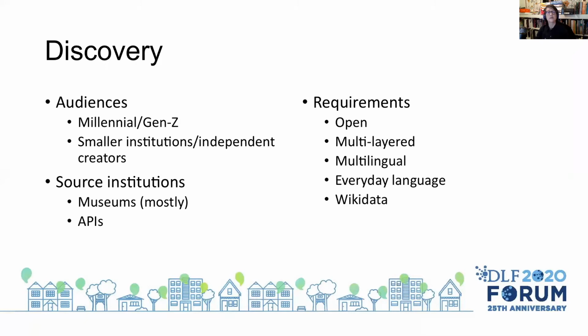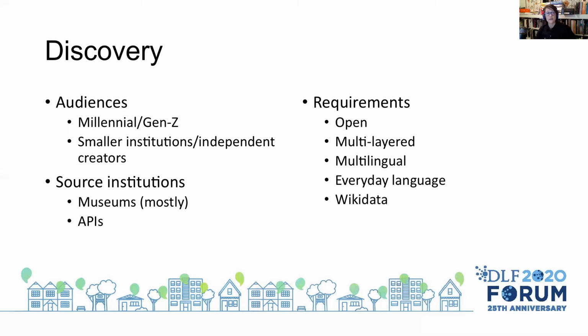We also talked about what kind of institutions would contribute content to the site. In the first phase, it is mostly museums with online, public domain, or Creative Commons licensed images and metadata that are available through an API, or Application Programming Interface. APIs allow different computer systems to share and exchange data. Curationist has created an API search tool that enables staff to search and select individual images or to import large batches of images and their metadata into the site.